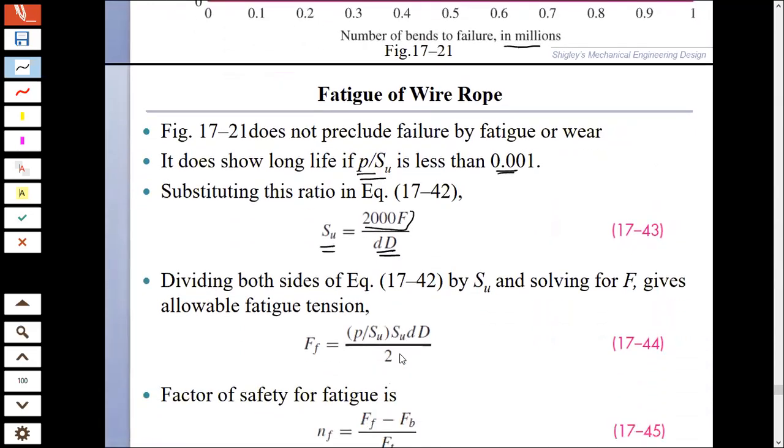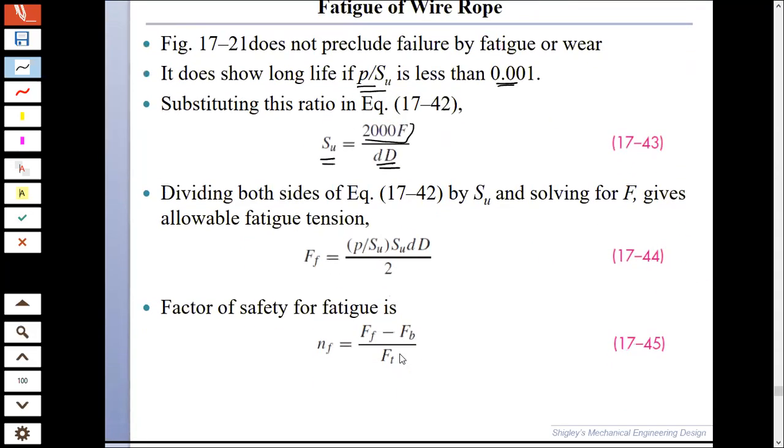Now, dividing both sides of equation 17-42 by SU and solving for F, it will give you F equal to P over SU times D over 2. And now you can calculate the factor of safety in fatigue. What will be the factor of safety in fatigue? From this Ff you subtract the equivalent stress, divided by Ft, which is